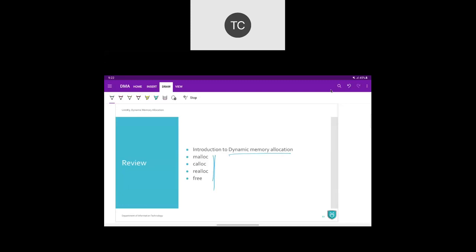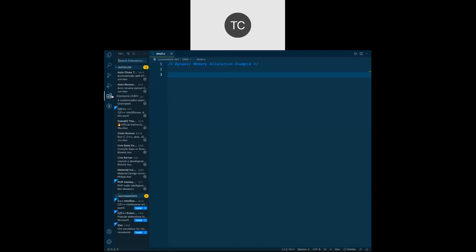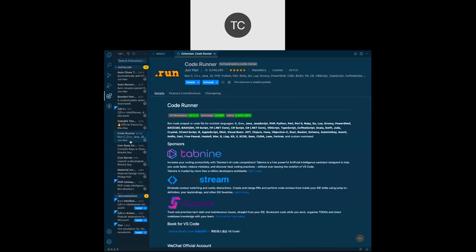So let me jump to the coding environment. I'm using VS Code here. And inside VS Code, if anyone wants to use it, you have to have a few extensions installed. One required extension is Code Runner. And then you need to have one setting.